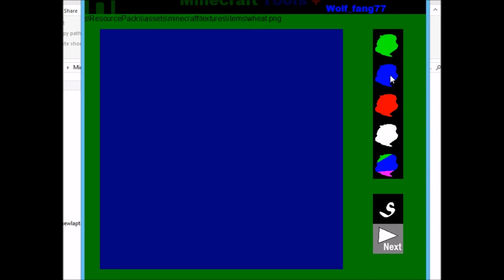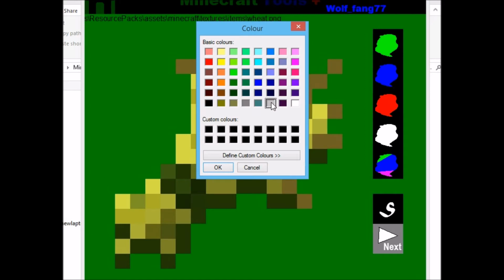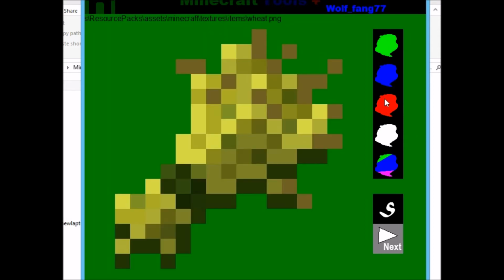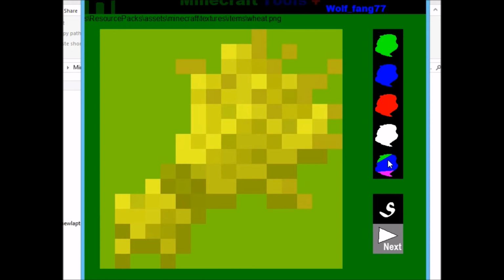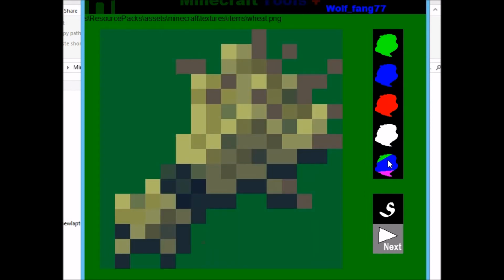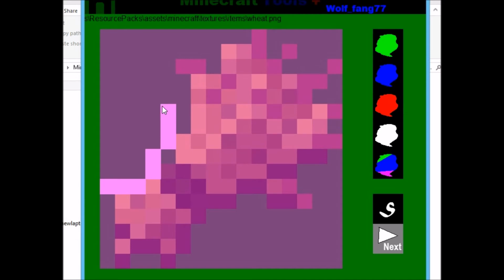Red button clear, blue button fill. Then the white one is a wee bit more interesting. It fills everything that's not been painted in, so these ones here that are blue stayed blue, so if we colour these in blank, then they'll fill them in. And this one here adds an overlay of colour, so if we wanted a pinkish wheat, there, we'll go with that. And then if we filled in this bit here with white,